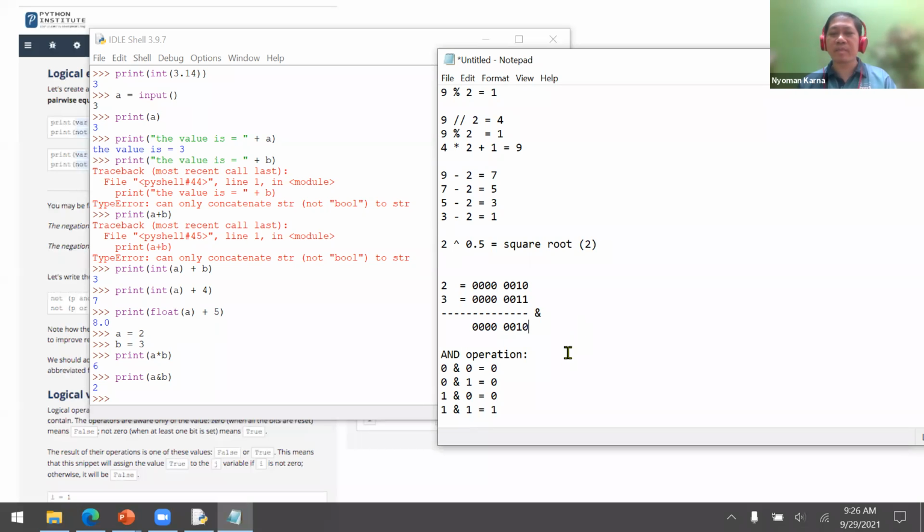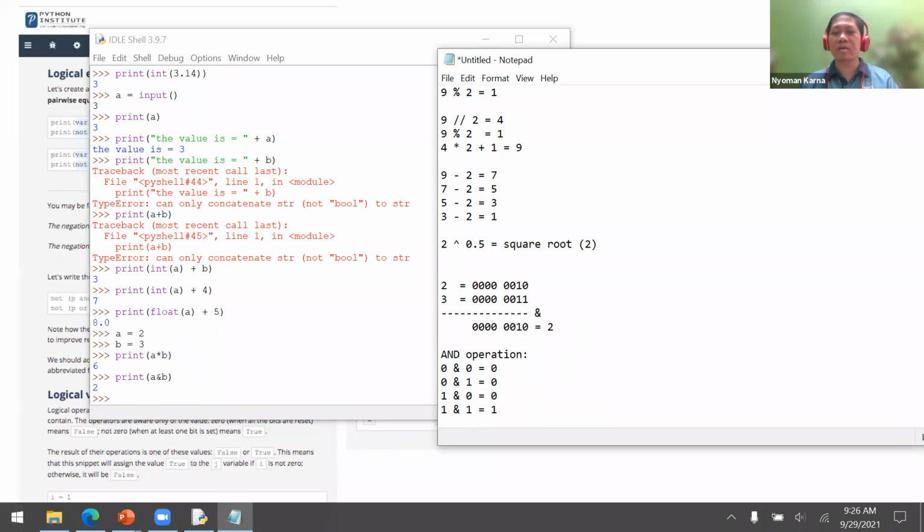So, because this is the result, and it is equal to 2. So, that's why print A and B, print 2 and 3 is 2.